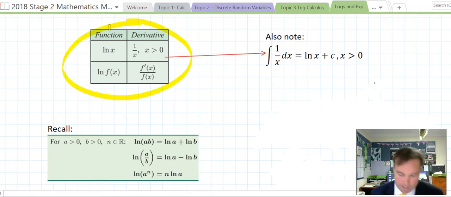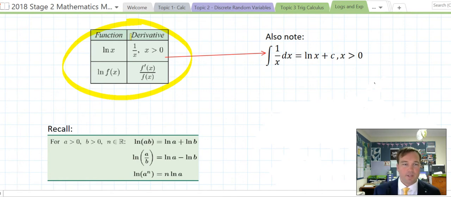In that box gives us the function and its derivative. Essentially, if you find the derivative of ln x, you get 1 on x. And the assumption here is that x is greater than 0. Not greater than or equal to, but strictly greater than. And it's because we can only log positives, so therefore the derivative is only valid for when the original function